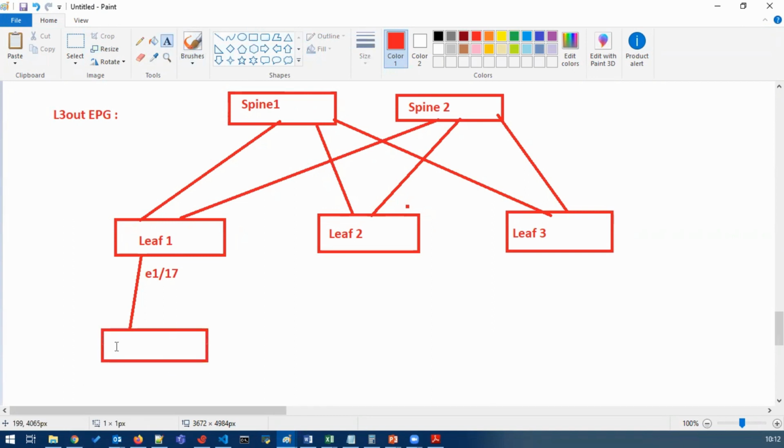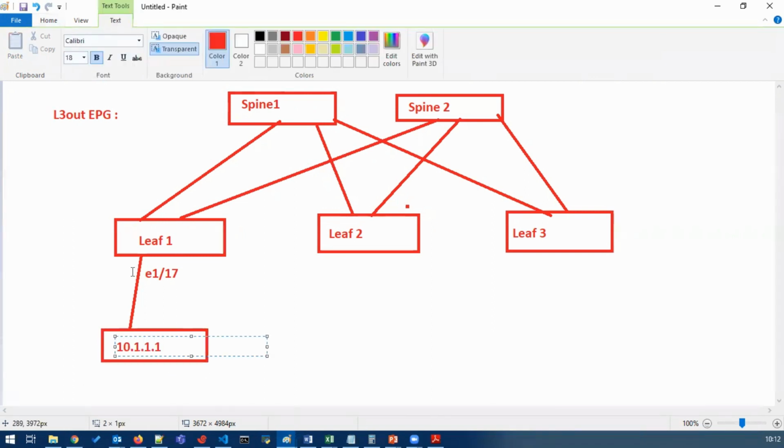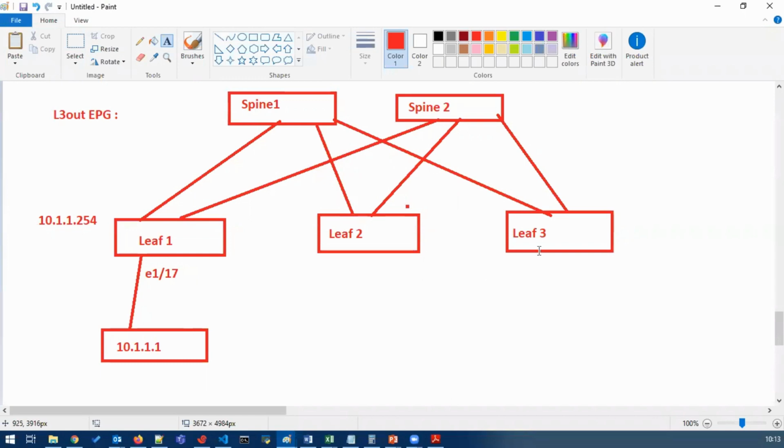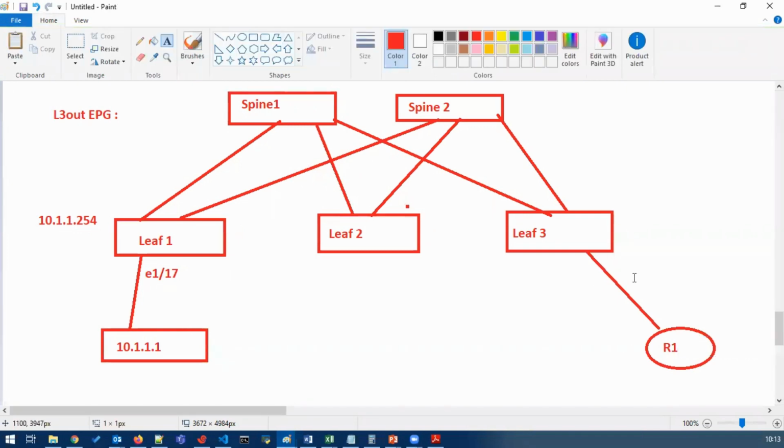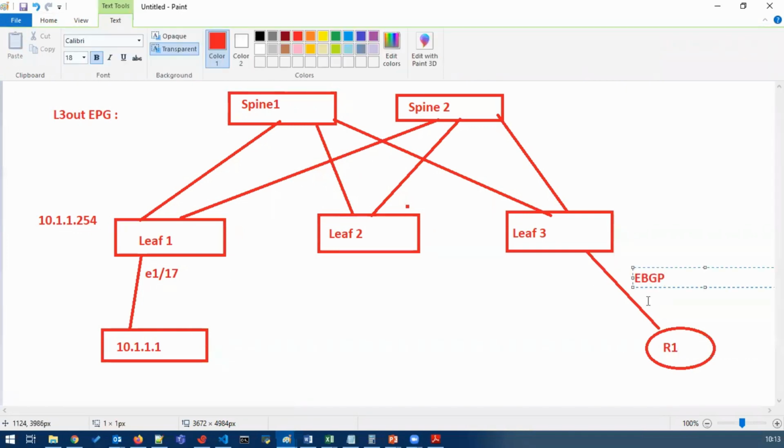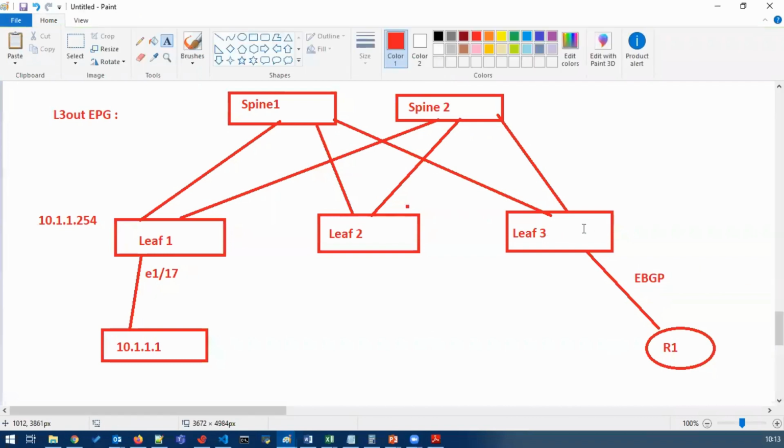Let's say the server IP address is 10.1.1.1, and its gateway is 10.1.1.254. Okay, and on leaf 3, my L3 route is connected, meaning some router is connected on this, let's say R1. I'm running eBGP between leaf 3 and R1, and it is trying to reach some route which is behind this R1.